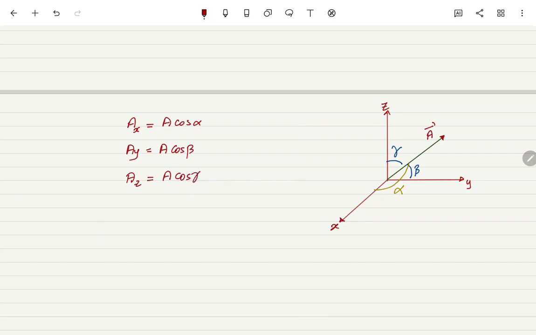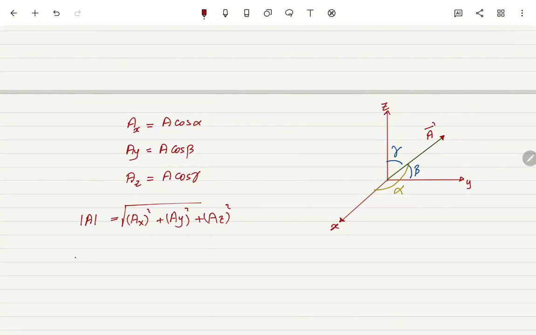And the magnitude of vector A is the square root of ax squared plus ay squared plus az squared,